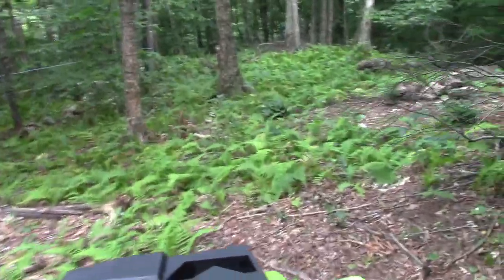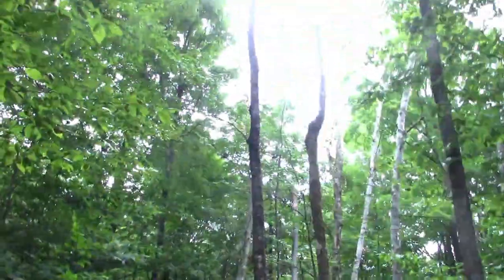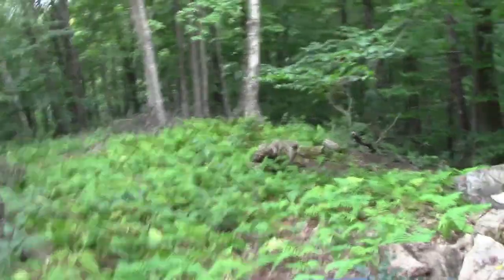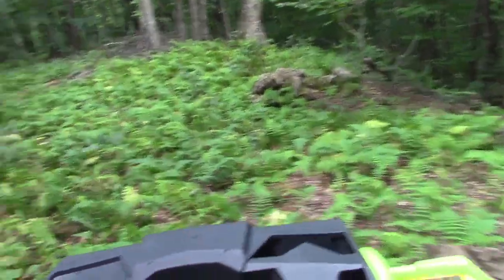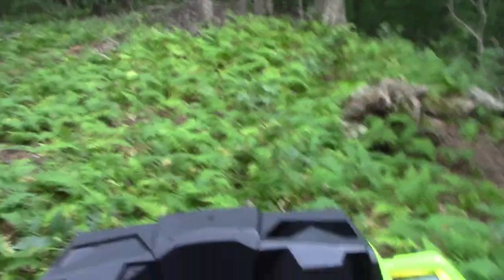There's a lot of cutting in here. There's still a lot of trees actually on this side that need to come down. Like there's a ton of dead standing trees right there that need to come down. So those will all need to come down eventually. There's a bunch more down here that I haven't even touched yet. Just ran out of time. But look at all these new little trees. Those are all new browse right there. Every one of those little trees. Those were not there when I was cutting. So